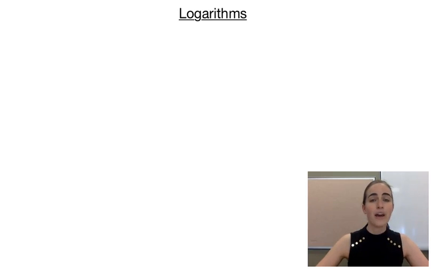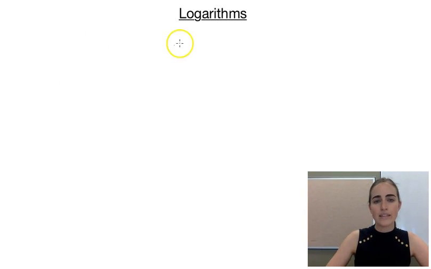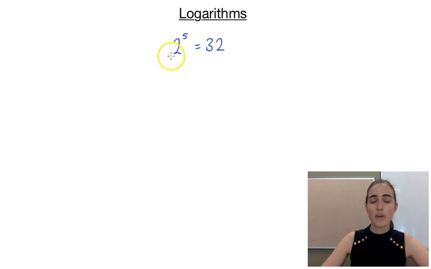In this video, I want to have a look at logarithms. Before we actually get into logs and what they are, I want you to have a look at this equation here. We have 2 to the power of 5 is equal to 32. What that means is that every time we're going to be multiplying by 2, and we're going to do it 5 times. So we're going to have 2 times 2 times 2 times 2 times 2 gives us an